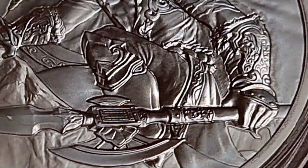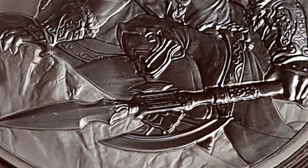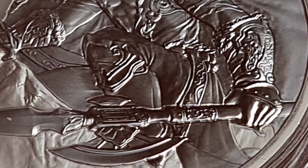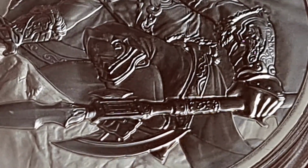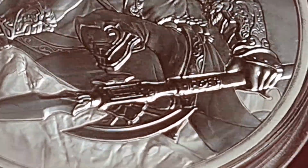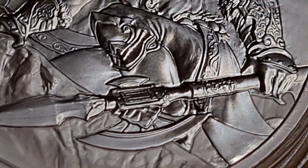Now, what is that weapon, you may ask? Well, it is a halberd. Now, this weapon has been used and seen in numerous films. Lord of the Rings is one of them, Two Towers. But you may have even watched it on a program called Forged in Fire. This is a spectacular weapon. It was used a lot because it was